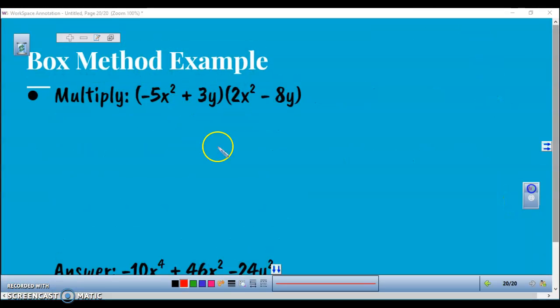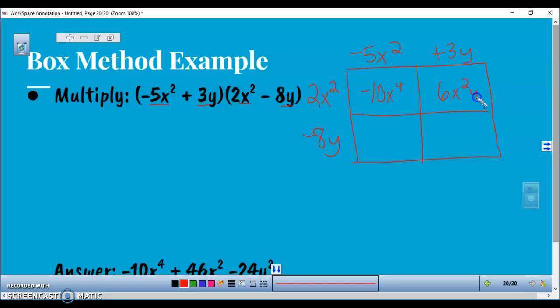So here's an example, the box method. This is a 2 by 2 box. So I'm going to put my first term on the top, so that would be negative 5x squared plus 3y. My next term along the side, 2x squared minus 8y. Multiply each column and row. This gives me negative 10x to the 4th,